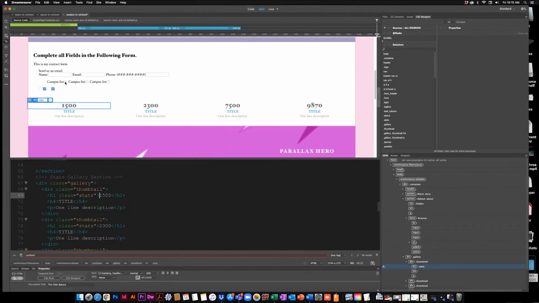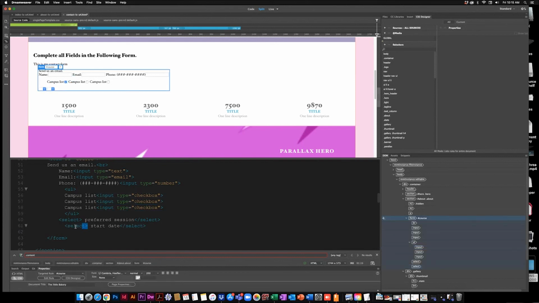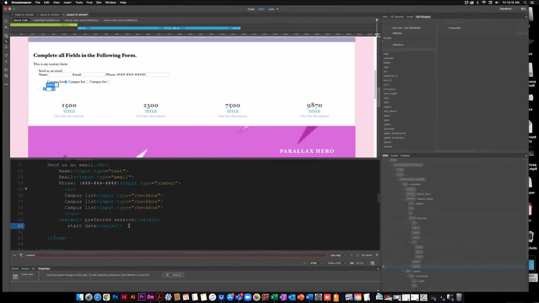Oh, and I need checkboxes like I have the campus list. So in my campus list, I need to have a checkbox instead. So copy, I'm actually going to have start date. I'm going to have it in here. So that's my start date. And I'm going to give them